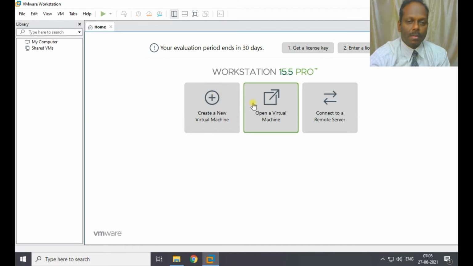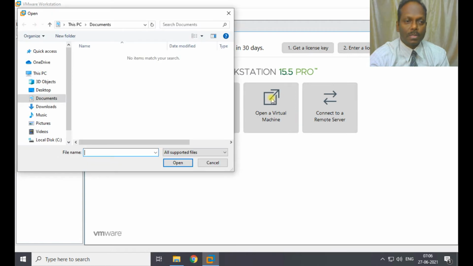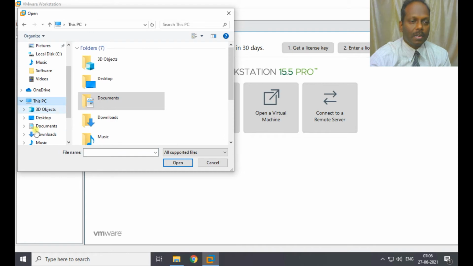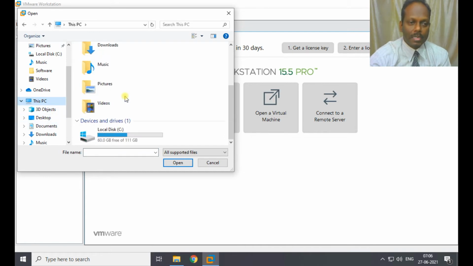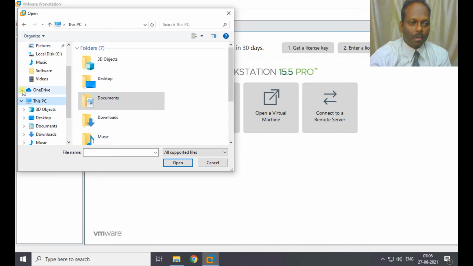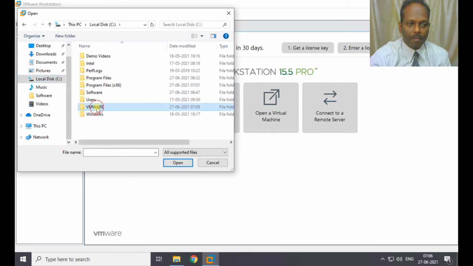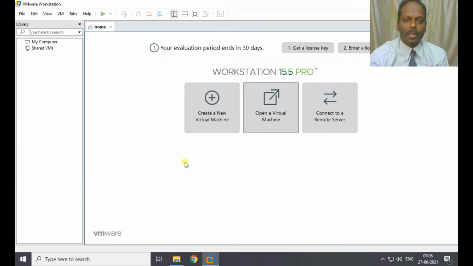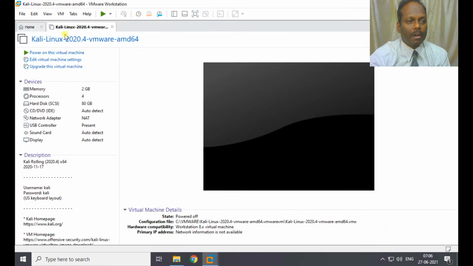Don't use the option create new virtual machine. Just say open a virtual machine which is already created. In my case, it is in the C folder, in VMware, in Kali. Just locate the one file with the VMX extension. That is enough, as it basically contains all the configuration. Okay, so once this is done, you should get